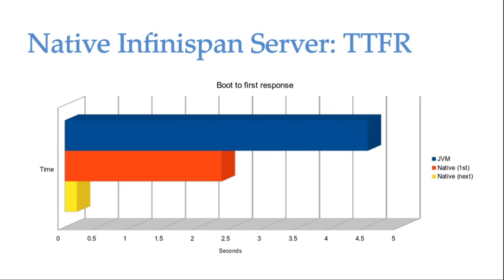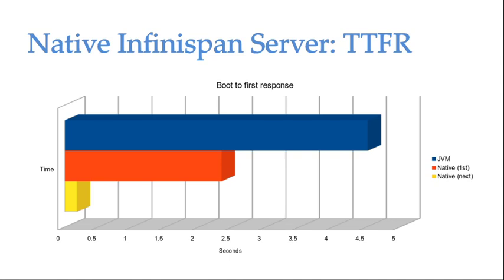And what does this look like in terms of timing? So how fast can that server start? The JVM server is the blue bar at the top, and it starts in just under 5 seconds, just under 4.5 seconds. This is time to the first response, so being able to handle a response. This includes a 2-second cluster discovery timeout. So remove those 2 seconds and